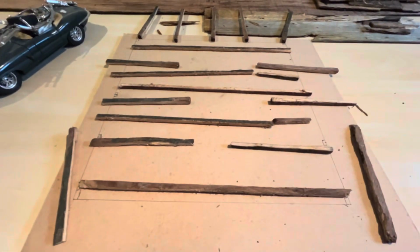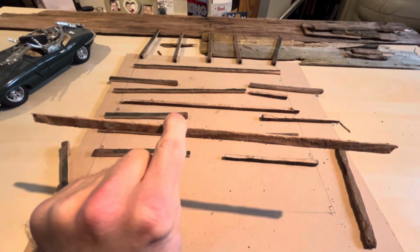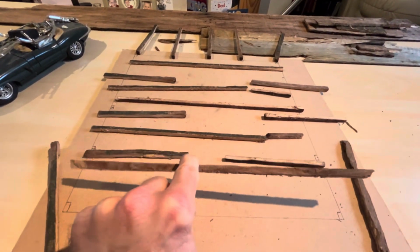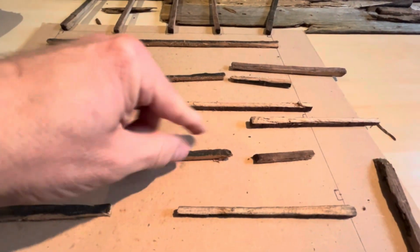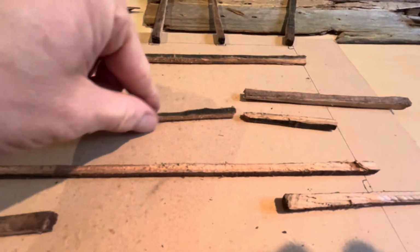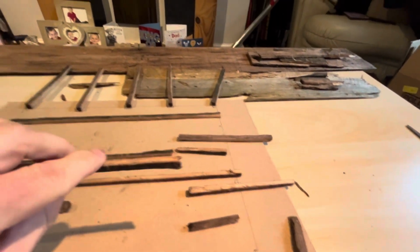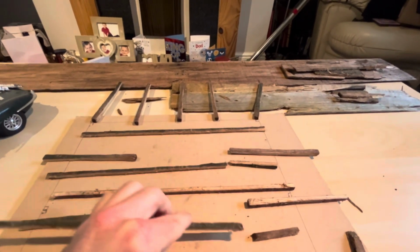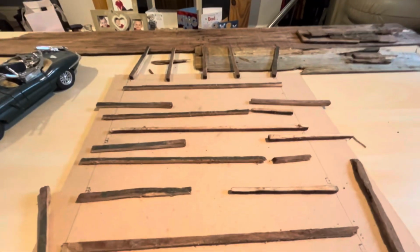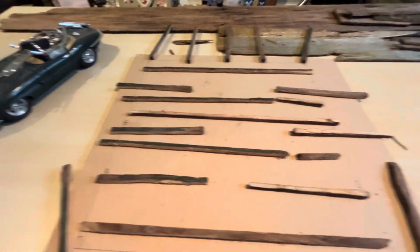I've got all the upright bits which I'd already showed you, but I've also done these cross beams. So these are going to start making the structure. One of them did actually snap while cutting it. Actually, I tell a lie, two of them snapped, but I'm not that bothered, because what I'm intending on doing is making it look like a really proper run-down, old, knackered barn, which is obviously going to have